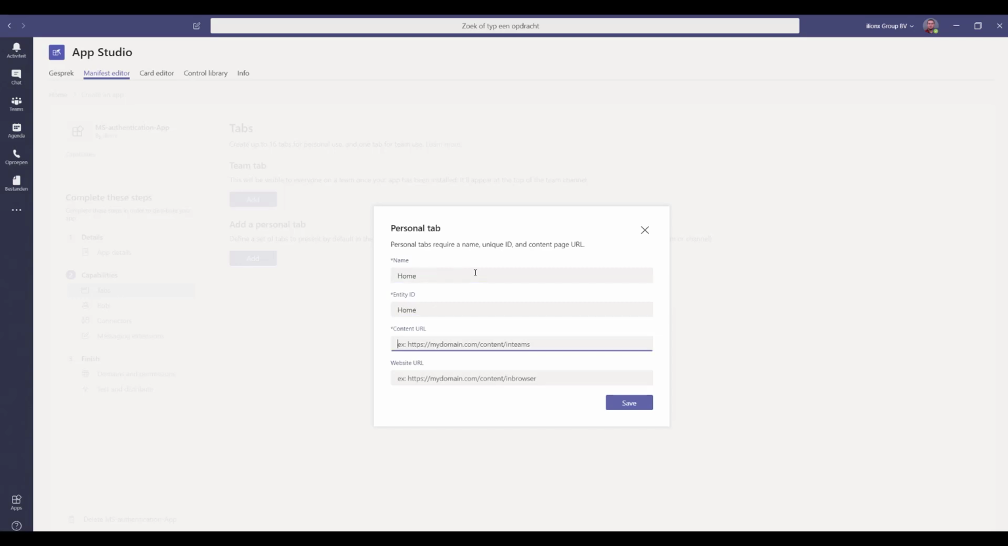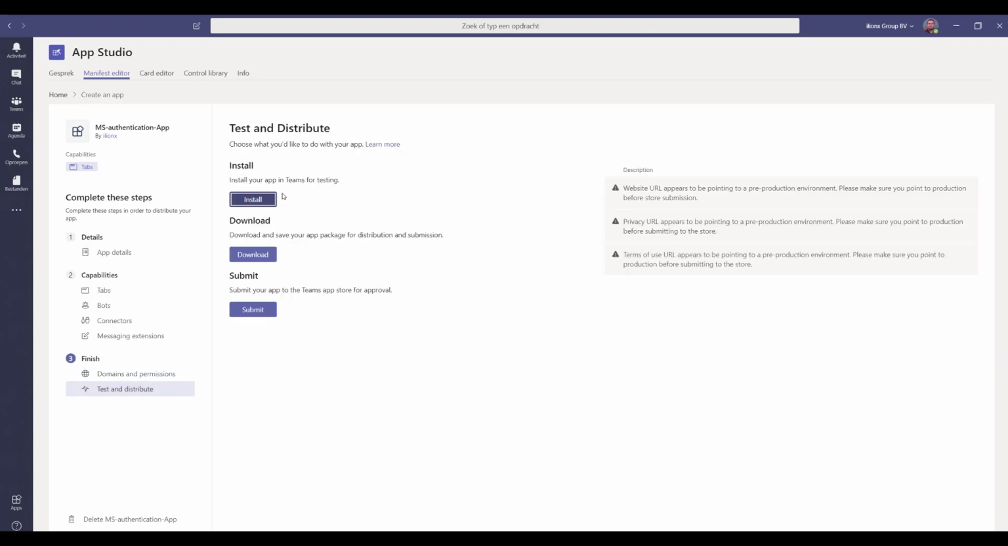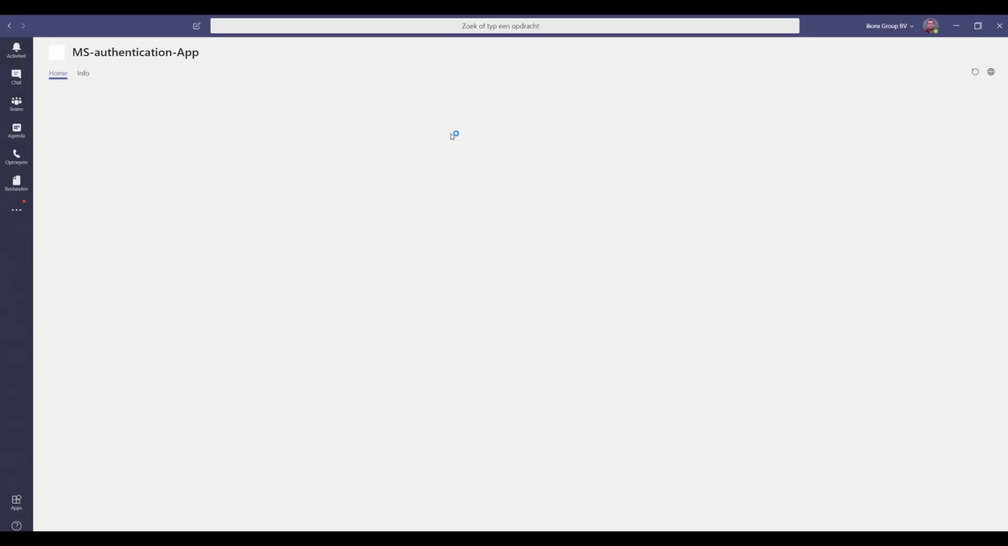And the unique ID is also home, and it's also just the root of our site. And okay, fine. Now I'm going to say we're going to publish it, not here, but here, and it's supposed to be a pre-production environment. Yeah, okay, no problem. Add MS authentication app,